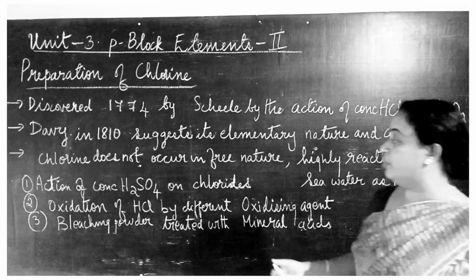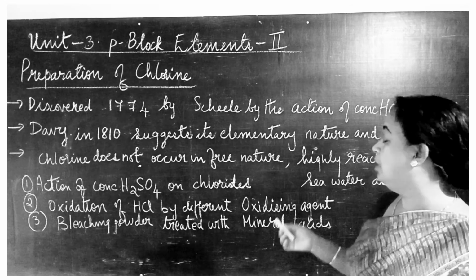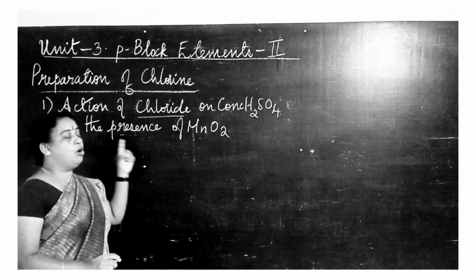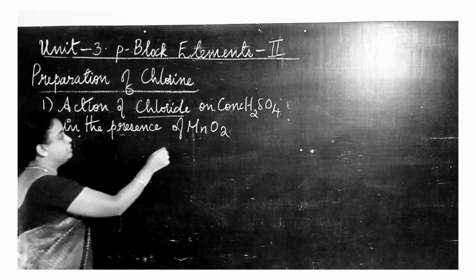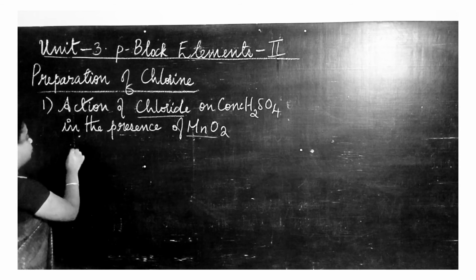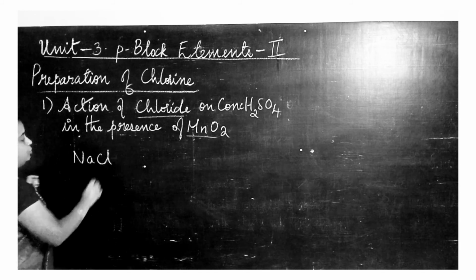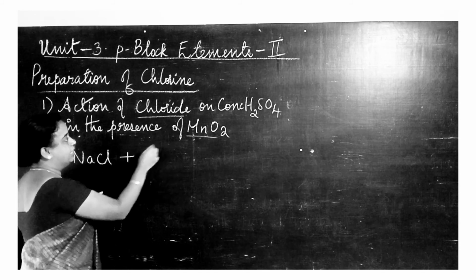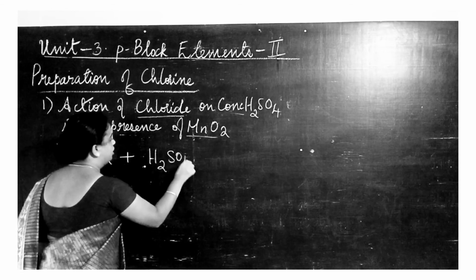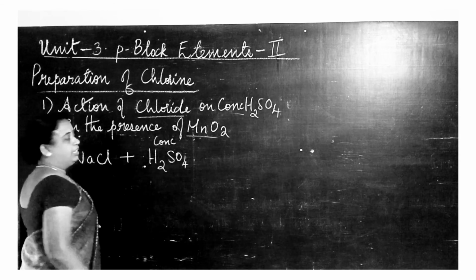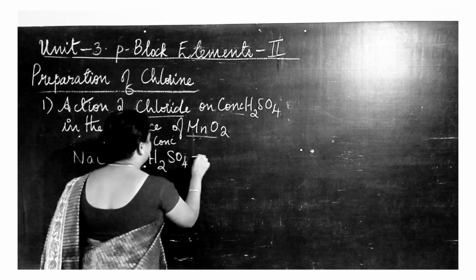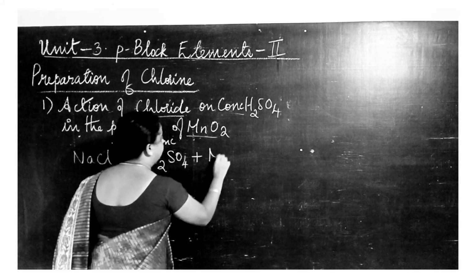First, the action of concentrated sulfuric acid on chlorides. Let us see the first preparation of chlorine, that is the action of chlorides on concentrated H2SO4 in the presence of manganese dioxide. What type of chloride are we taking here? We are taking sodium chloride, NaCl. This NaCl is reacted with concentrated H2SO4. Concentrated means H2SO4 without water. Then in the presence of manganese dioxide, MnO2,